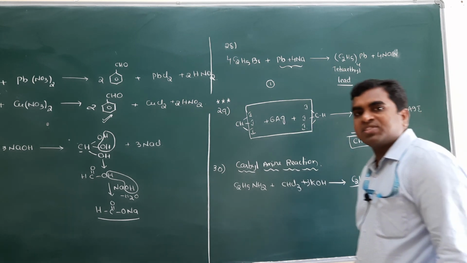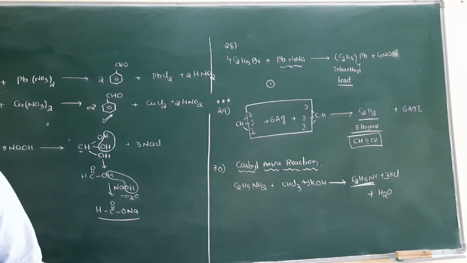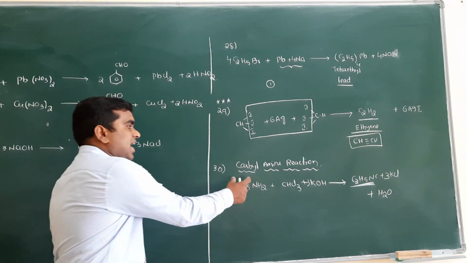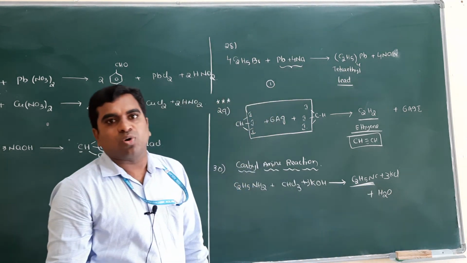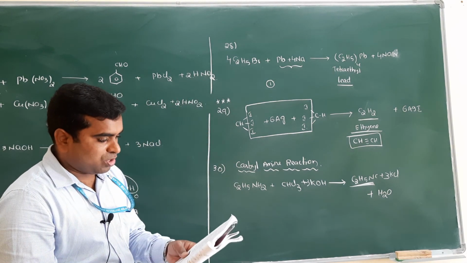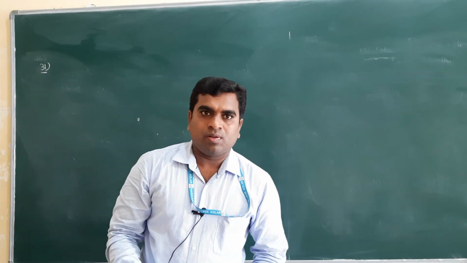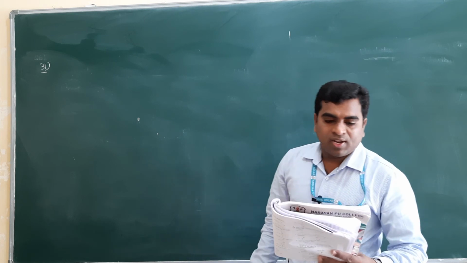Isocyanide, I already mentioned, gives a very offensive, very bad smell, you know. So by this smell only we can identify that this reaction is carbylamine, meaning the compound formed is isocyanide. Isocyanides can also be called which one? Carbylamine. So option 2 is correct. Clear? Next one is question number 31.